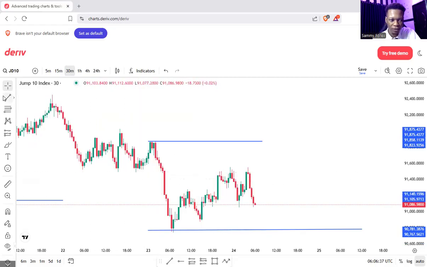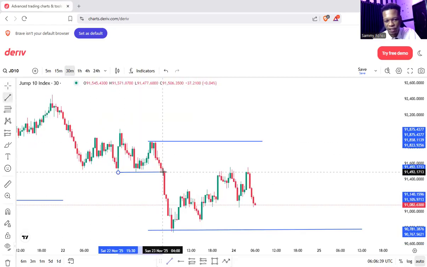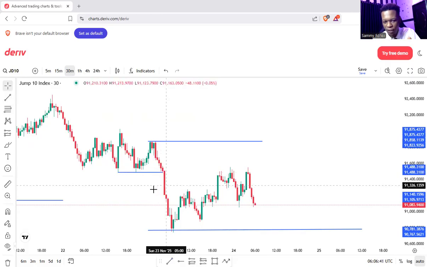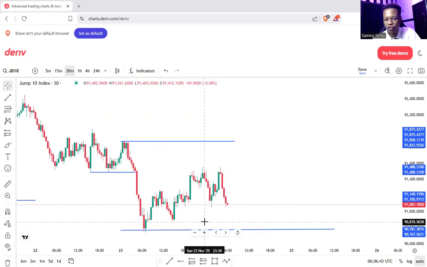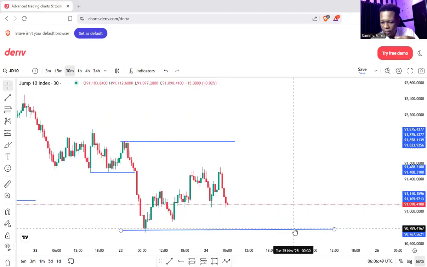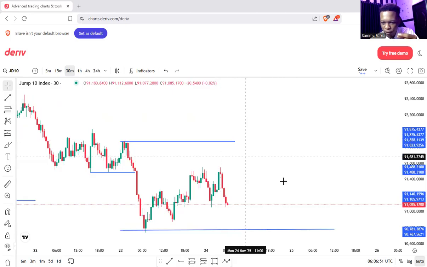smashing out this particular low, telling us that this is a change of character, a break of structure that is happening here, and price needs to do what? Continuously go down. Before price continues going down, you need to make a retracement. And this is the trap we have set for price. This is your point of interest, and this is your point of interest, which is at